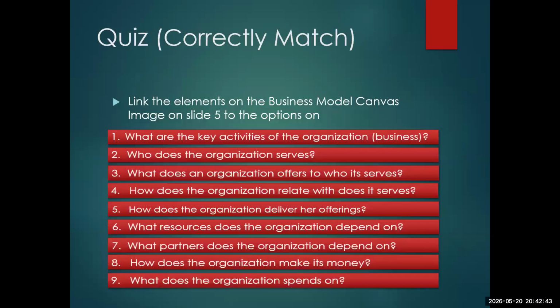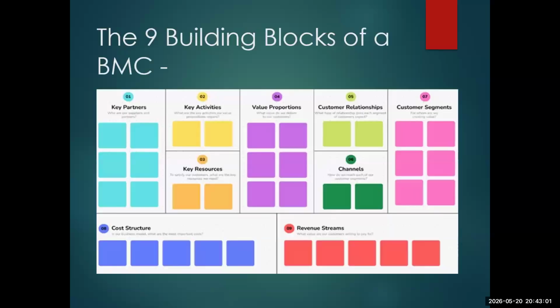Now, very quickly, I want us to do something. I want us to link each of the elements we have mentioned under the BMC to these questions that I say the BMC answers to the BA. What are the key activities of the organization? Can you tell me what element here answers to that? What are the key activities of the organization? Can anyone just tell me under what element that will be captured? Number 2. Element 2, fantastic. Thank you very much.